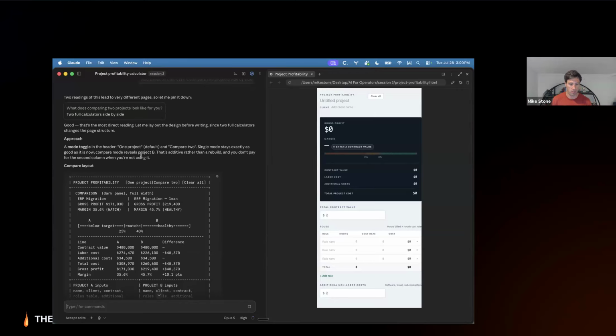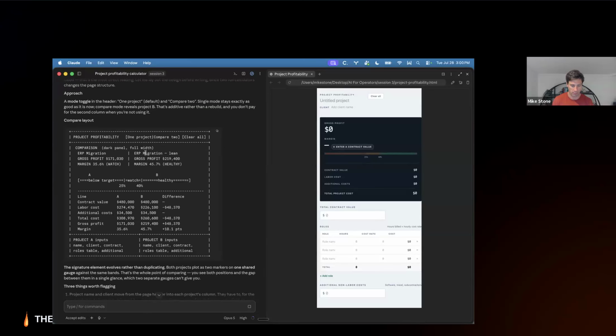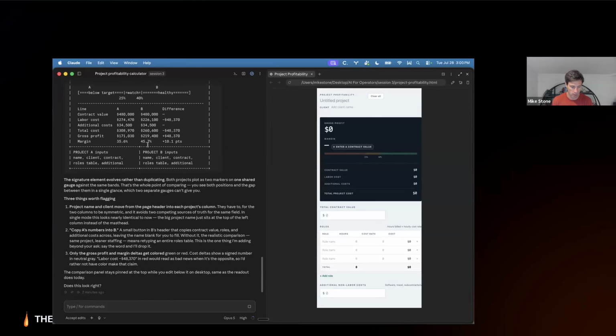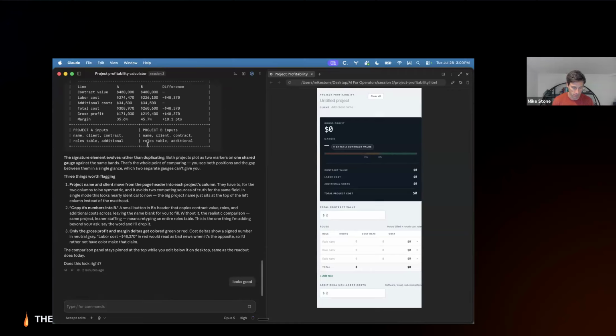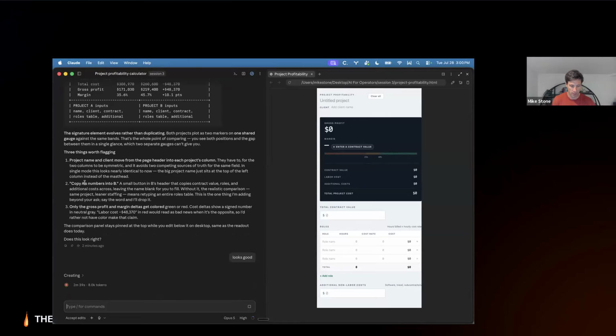And the compare mode will reveal the second project. It actually gave what's called an ASCII diagram of what the layout would look like in the compare mode, and it's flagged a few items and asked if it looks good.